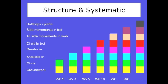And you have to know the systematic and the structure, that you know what is coming after another, and how do I build up my horse with these exercises. And if you know what you want, what your goal is, then you can search for those exercises, and with those exercises you need the tools. So that's a way of thinking for you,